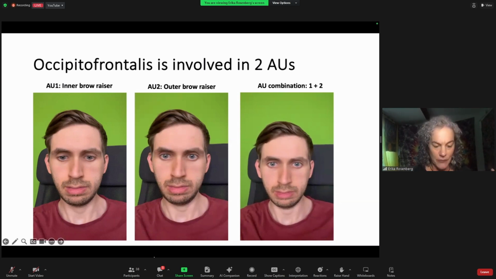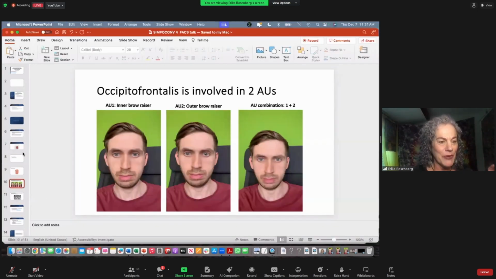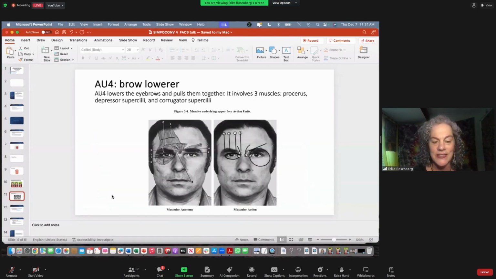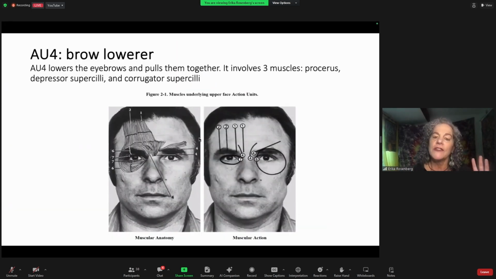Let's see if I can move ahead here. It just wants to replay that. So I'm going to go here to this slide, which I want to show you the difference. So with 4, these are pictures from the original FACS manual that are in the 2002 manual. They're old, but they're really wonderful images. I'm showing you this because it breaks down how, in contrast to